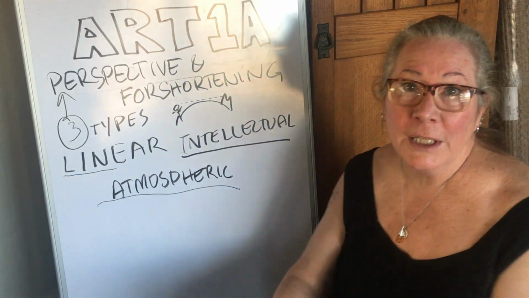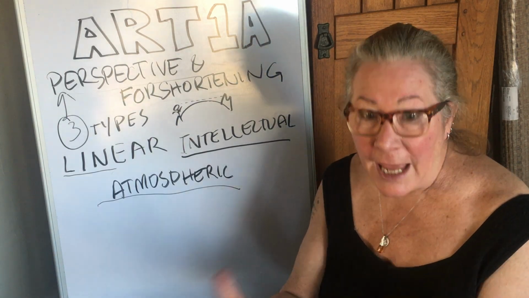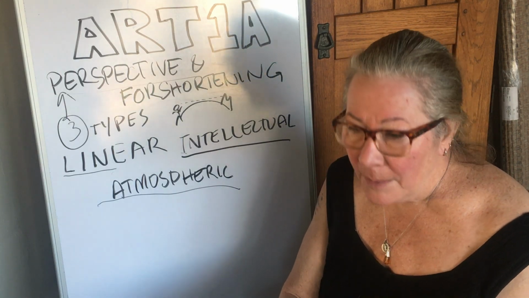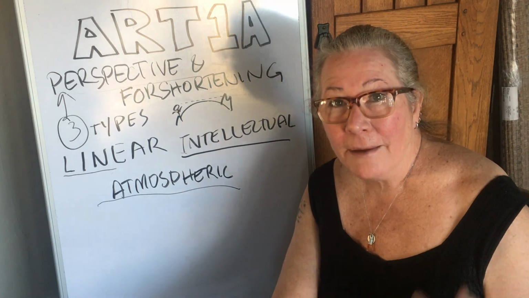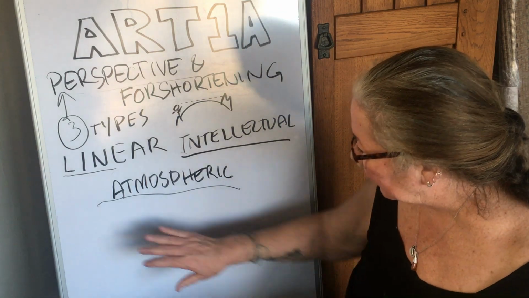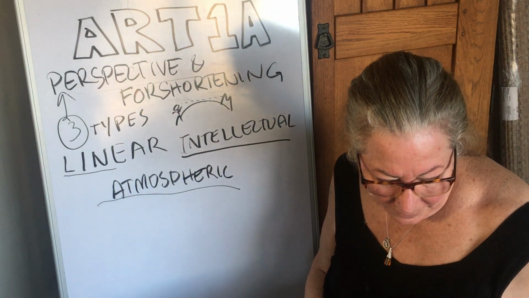So no, water's clear, but it does reflect. It has reflective properties, so it can reflect light back, and if what's reflecting back is the sky, it's going to look blue. So that's where you get that atmospheric perspective from. Okay, so